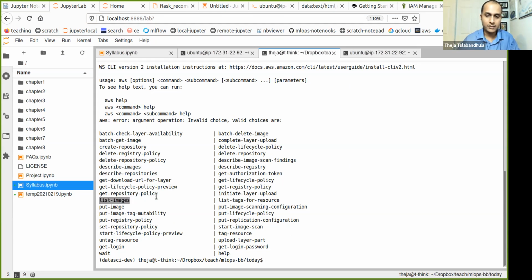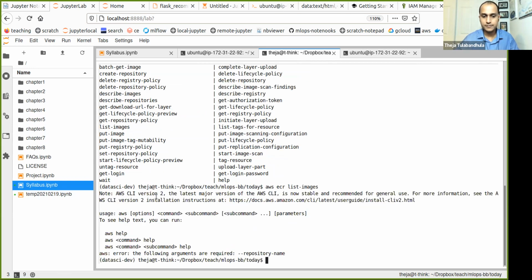List images. Actually, we don't have any images, so let's try list images, minus repository name. Okay, list images, minus repository name is recommendations.